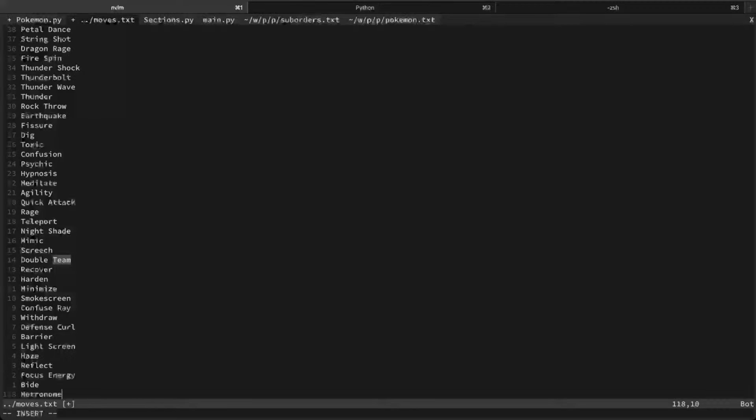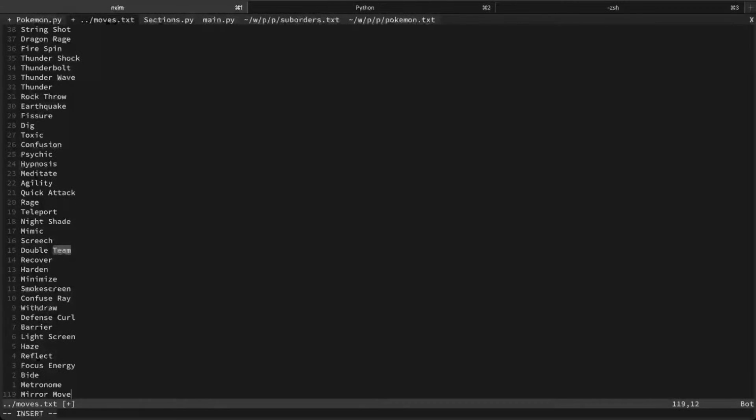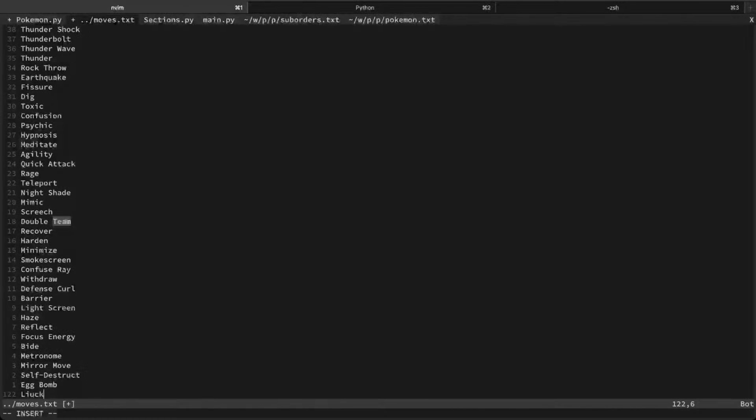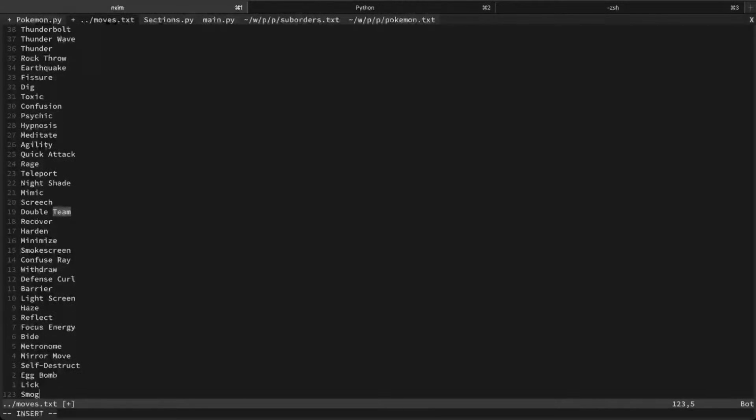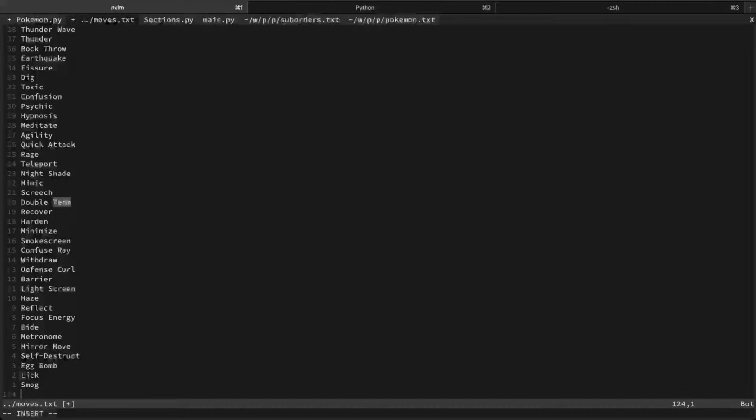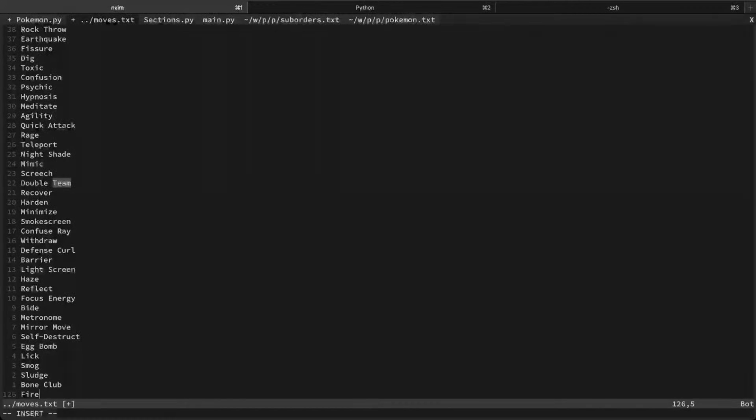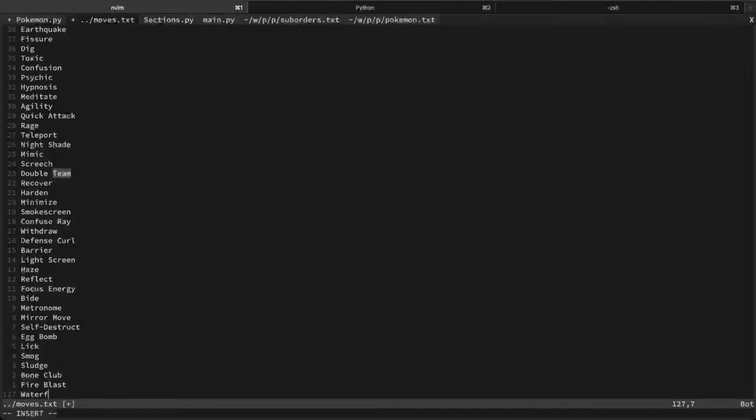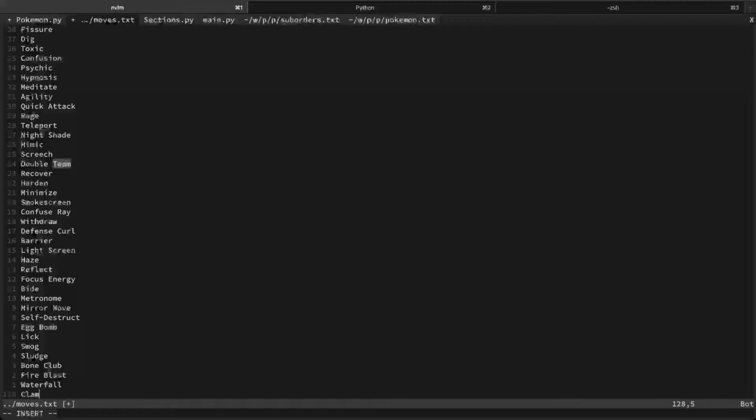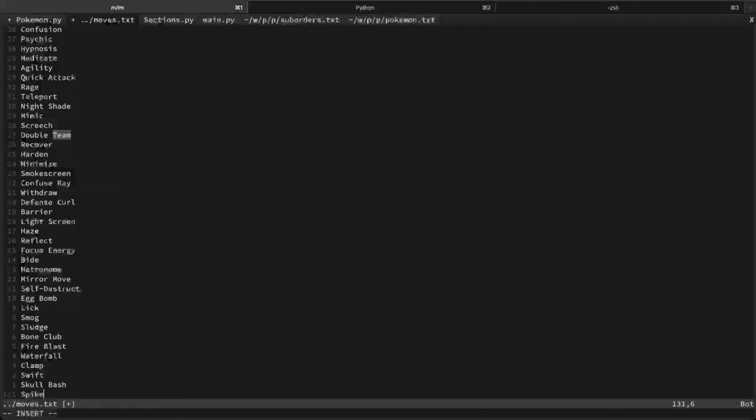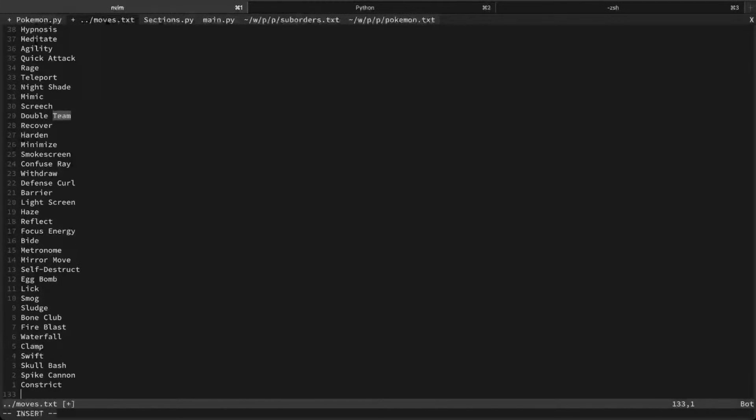Metronome. Mirror Move, Self-Destruct, Egg Bomb, Lick, Smog, Sludge, Bone Club, Fire Blast, Waterfall, Clamp, Swift, Skull Bash, Spike Cannon, Constrict, Amnesia,